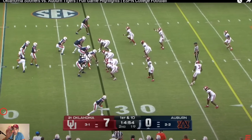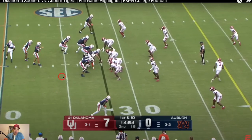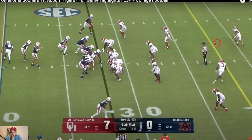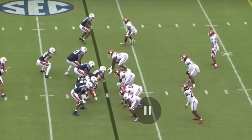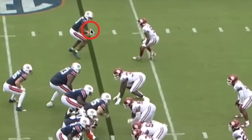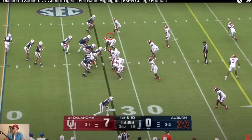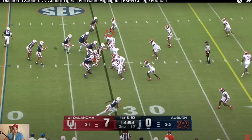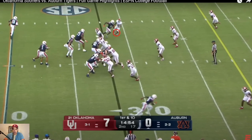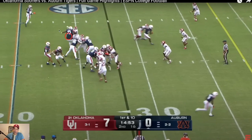And overall, Oklahoma's defense really did a good job of slowing down Auburn's putrid offense. But you'll notice they're still communicating and still trying to figure out whose matchup is whose, okay? Now, what you'll see is this is a really good receiver, five-star true freshman Cam Coleman. This DB does have a leverage advantage, though, because Cam Coleman is going cross-field. He loses that leverage. Cam Coleman gets underneath him, and on the play action fake,